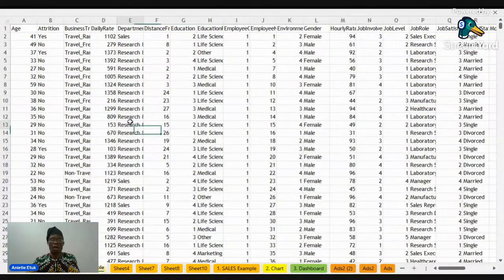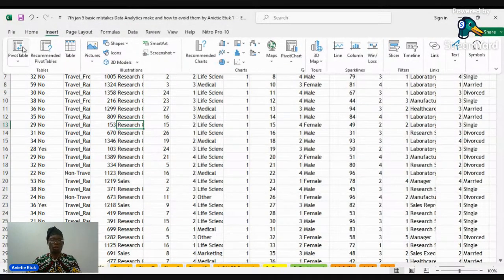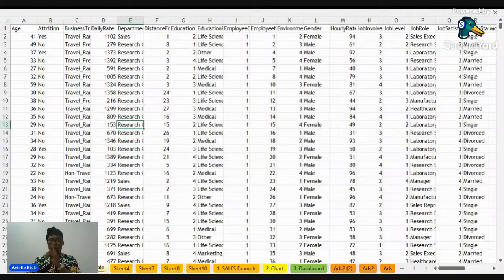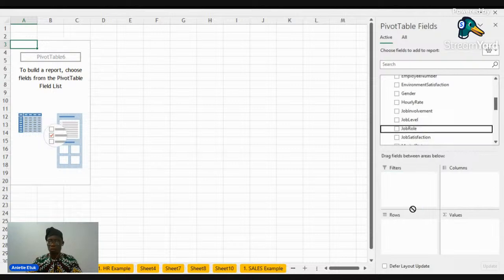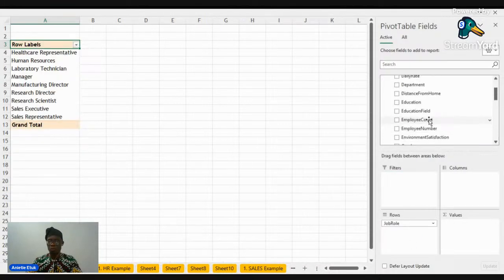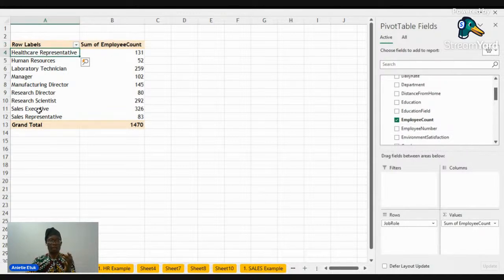Let's create another pivot. We want to look at the distribution when it comes to job role. We create a pivot table and bring in job role, and then we just look at employee counts. In this case, let's not filter, so that we can be a bit fast. Let's just go straight to it. Now, in this data set, you can see we have 1, 2, 3, 4, 5, 6, 7, 8, 9. Since we have 9, it is not advisable to use a pie chart in this case.